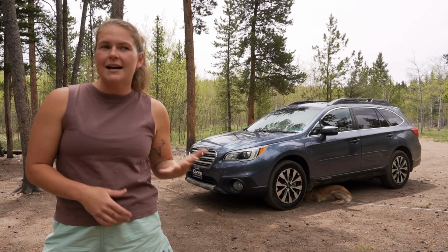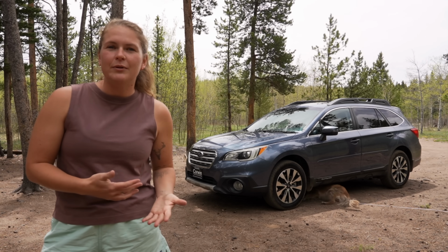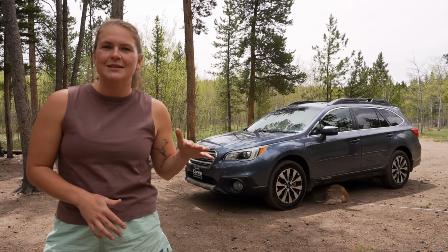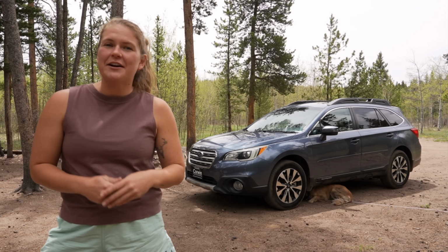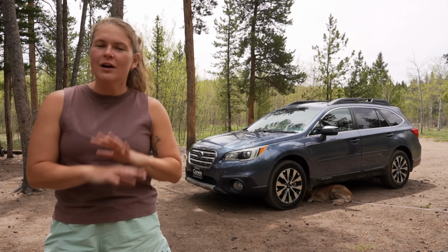I'll be using this as a part-time road living and camping rig over the next couple of months here in Colorado, and I wanted something that could just get us out on the road as soon as possible. That said, I definitely have plans to add to this conversion both on the inside and outside, which I'll cover